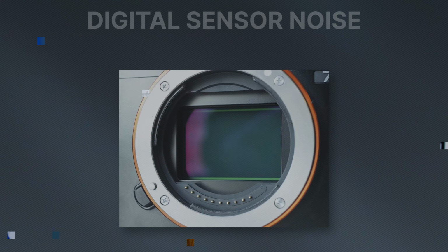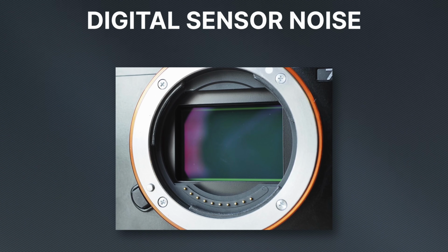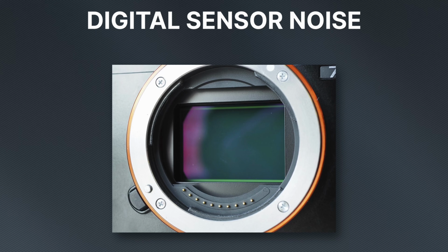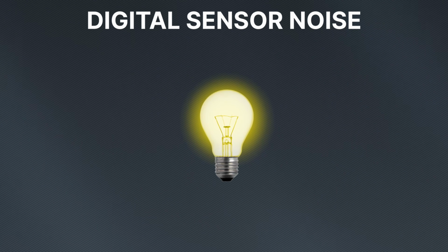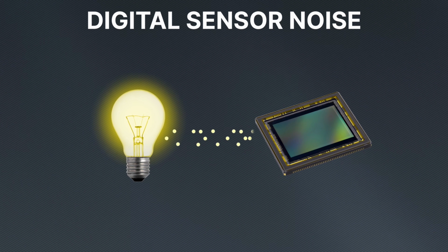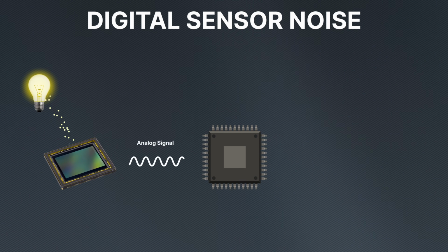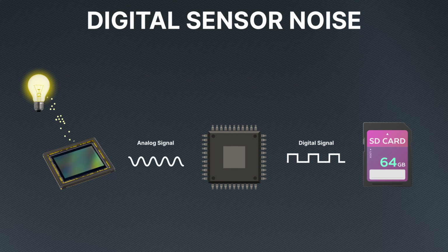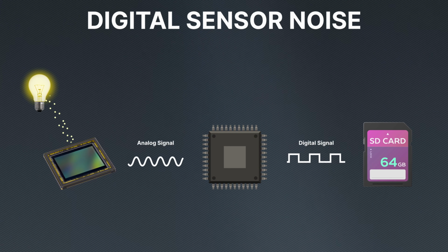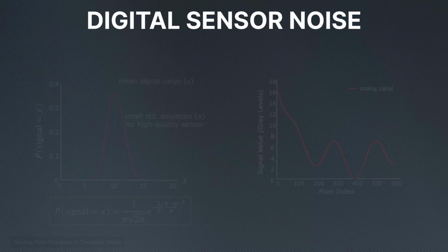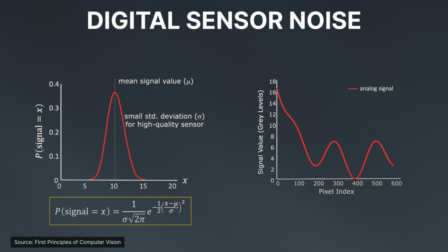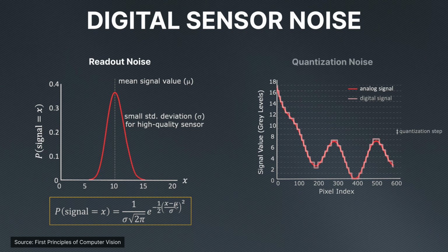And what about modern digital cameras? They don't have any silver halide crystals inside, so where does the noise come from? Digital noise is a signal interference caused by the nature of the electronics in our digital cameras. When light hits the sensor, it creates an electrical charge. These charges are amplified and converted into voltage. The resulting analog voltages are then taken and converted into digital values. And during that conversion process, you can have noise that is introduced. These are called readout noise and quantization noise.